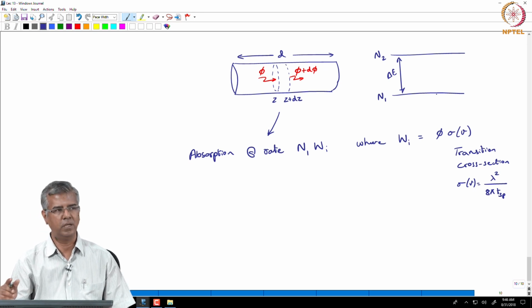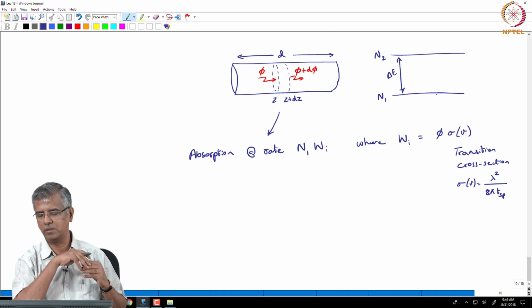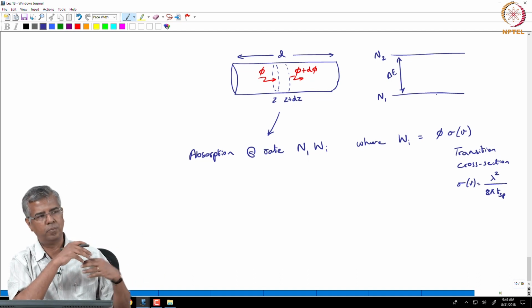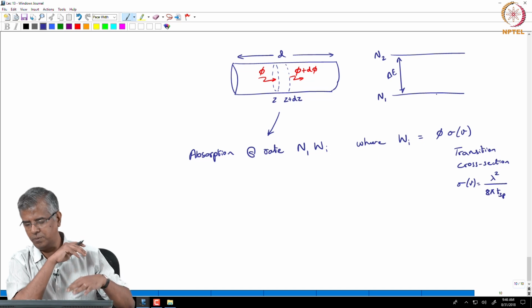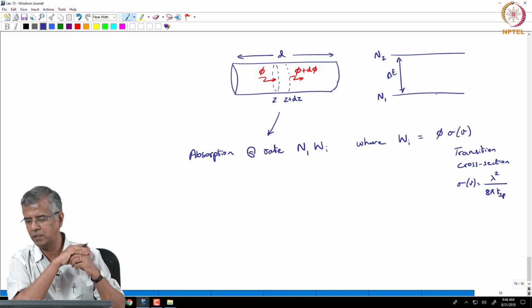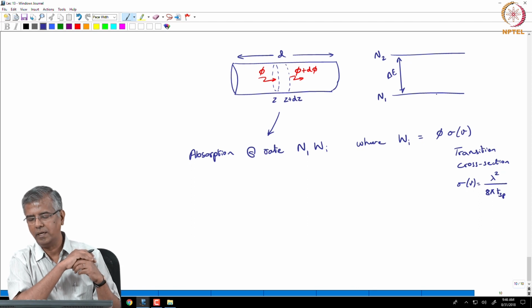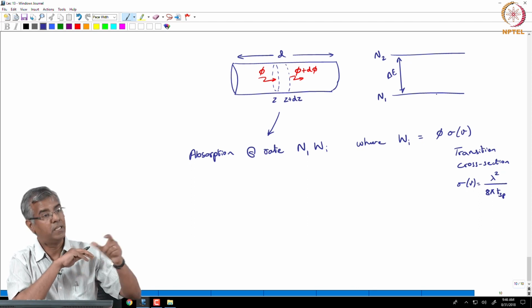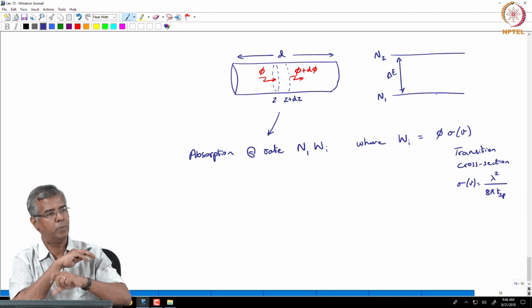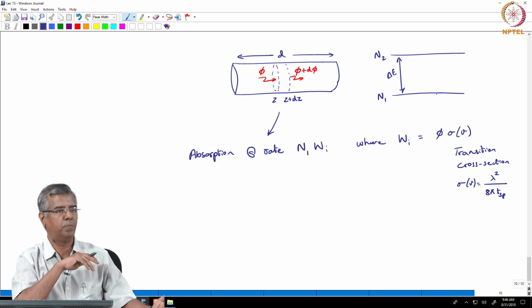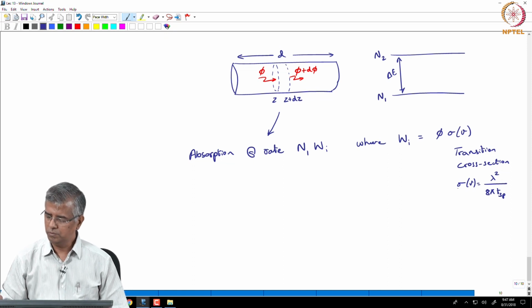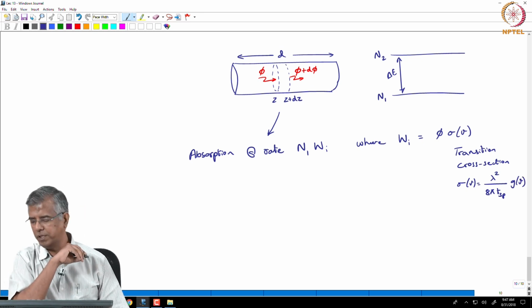energy levels that are possible in a collection of atoms in material. You will have multiple energy levels that are possible corresponding to the ground state and multiple energies corresponding to the excited state, and there are multiple transitions that are possible between the ground state and the excited state, and each of those transitions has a different probability. Okay. So, sigma of nu can be different for different values of frequency, and to account for that we typically